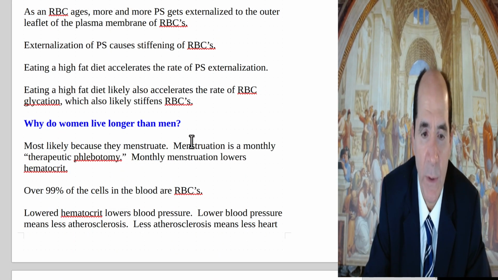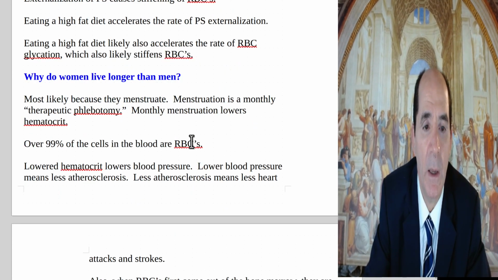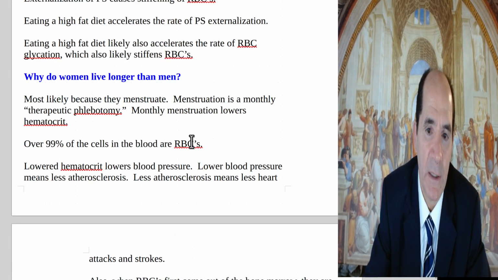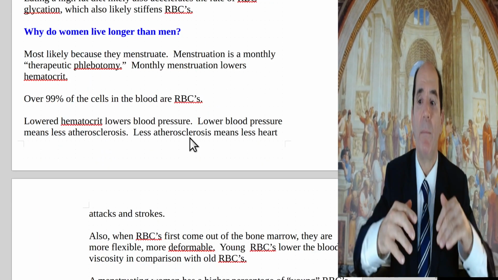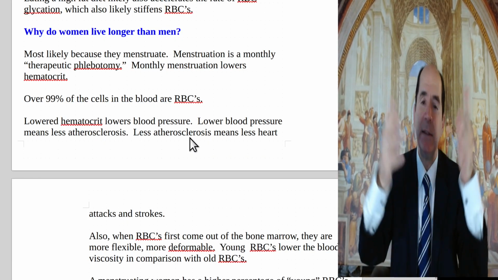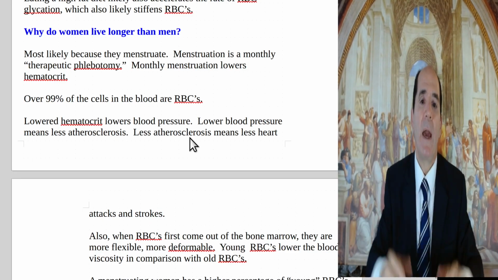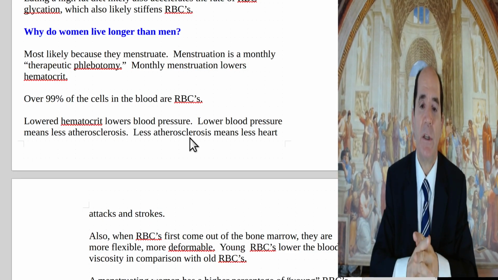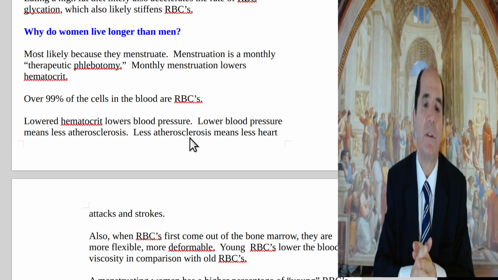Oh, here's a question. Why do women live longer than men? Of course, everyone says it's because they're not married to women, but it's thought to be most likely because they menstruate. When they menstruate, they lower their hematocrit, which means they lower their blood viscosity, because over 99% of the cells in the blood are red blood cells. So you lower your hematocrit a lot. That lowers your blood viscosity, then you have less hypertension, so you get less atherosclerosis, less cerebral vascular disease, and